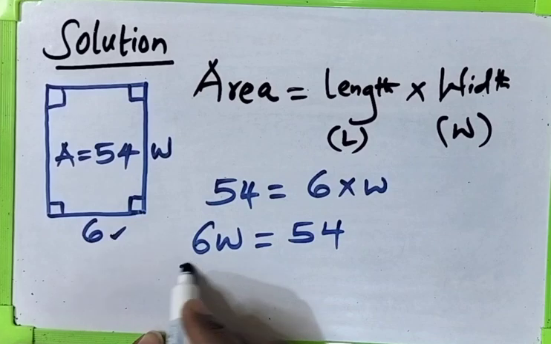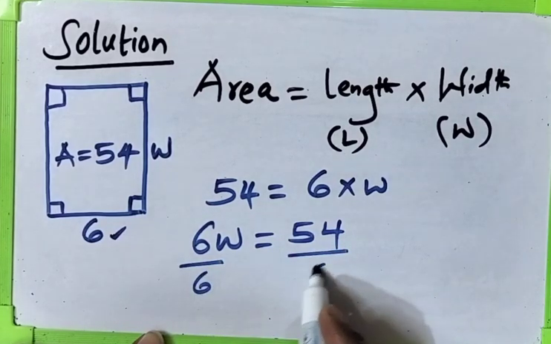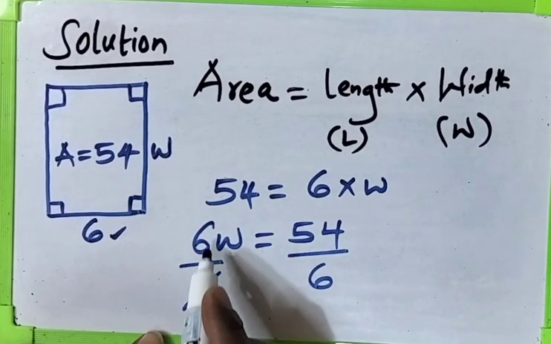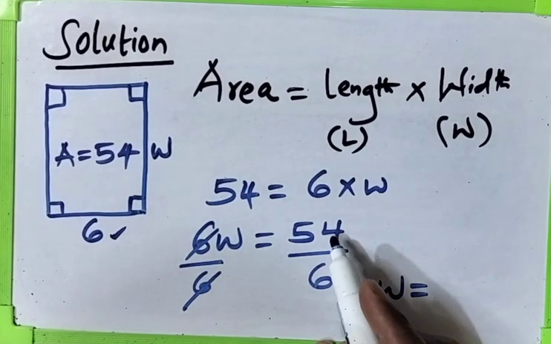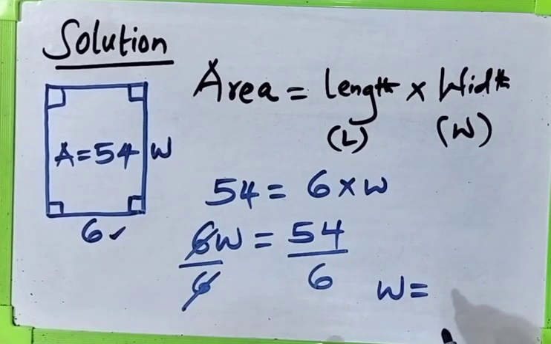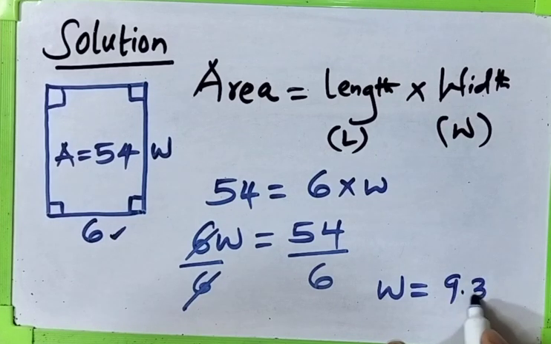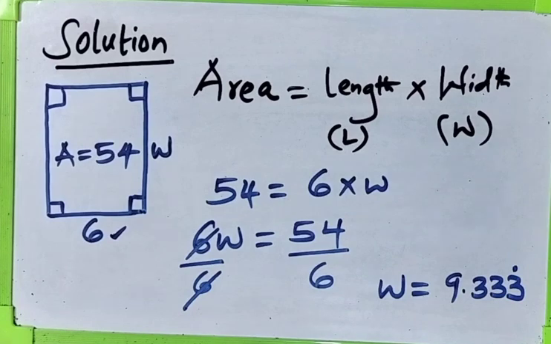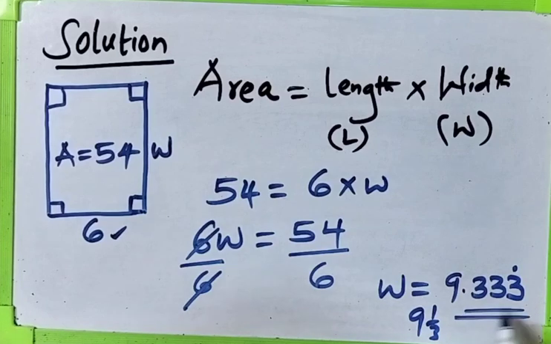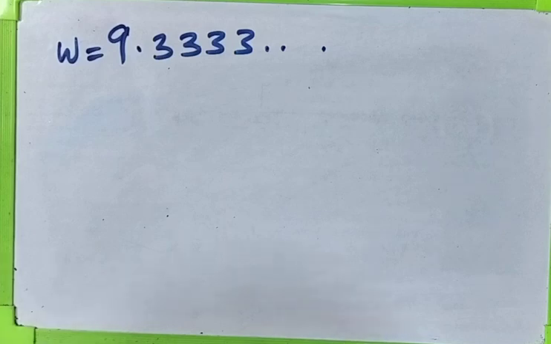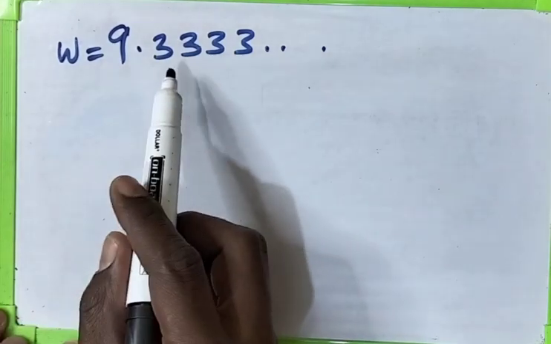We divide by 6 on both sides. So we remain with W as 54 divided by 6, which, if you use your calculator, is going to be 9.333, and 3 is recurring. You can say 9 and 1 over 3, but remember 3 is recurring. The width has been found to be 9.3333